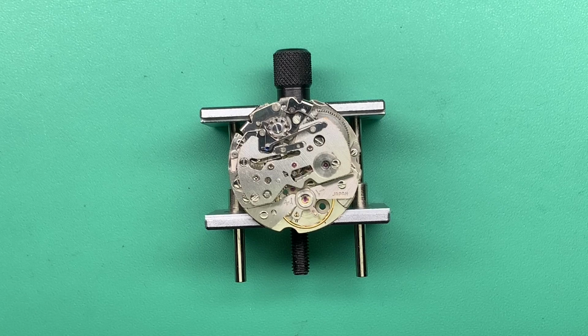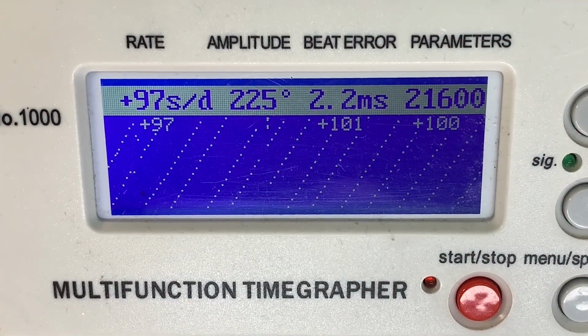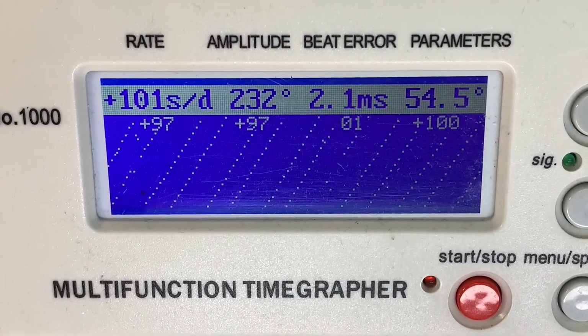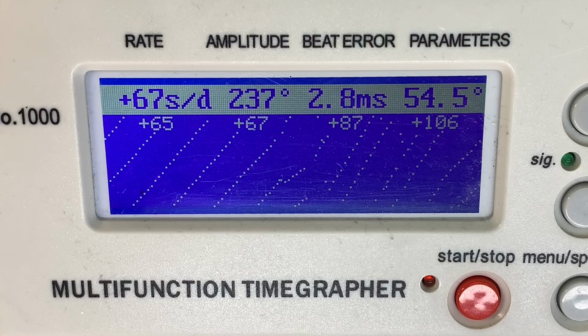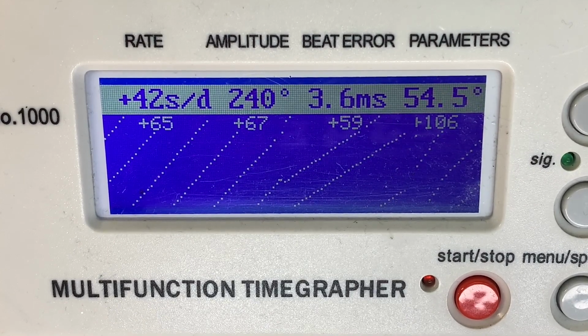All right, well that is movement running. Let's go ahead and check and see how it's doing. We'll be right back. Okay, definitely needs some adjustment, but we'll get there. Let's see if we can start this process. Okay, as I had sort of suspected, we're going to have to do some work on your